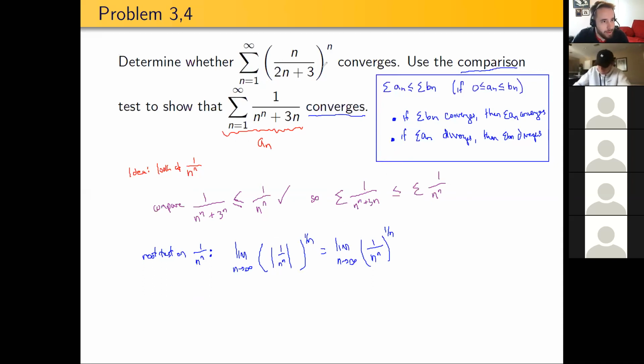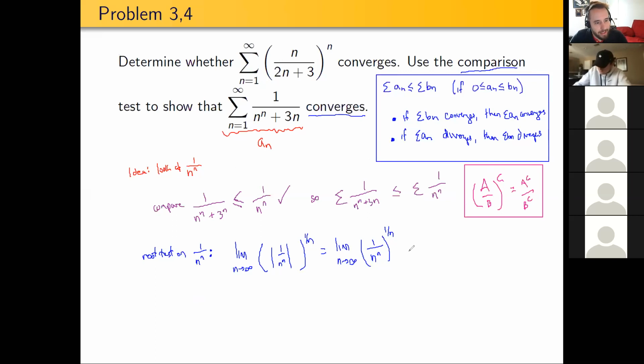And by rules of exponents, this is a great day to review some rules of exponents, right? If I have a over b raised to the c power, that's just equal to a to the c over b to the c, right? We can make that its own little side scratchwork box. So we have a to the c over b to the c,